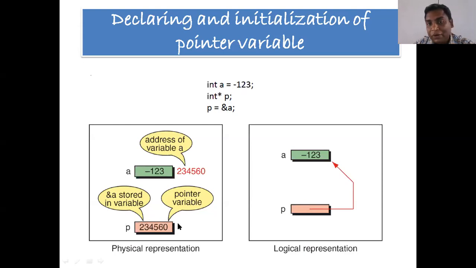And as we all know, pointer p itself is a variable, so it will have its own address. Fine. This is the physical representation of the pointer variable, and here is the logical representation, which means p is pointing to a.